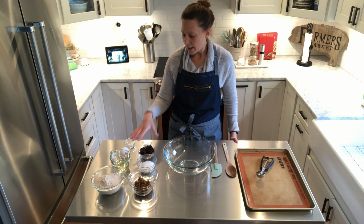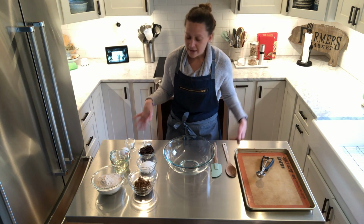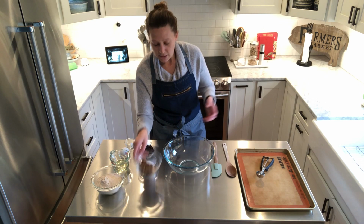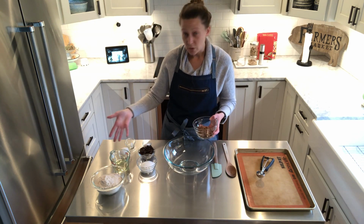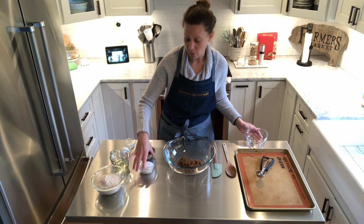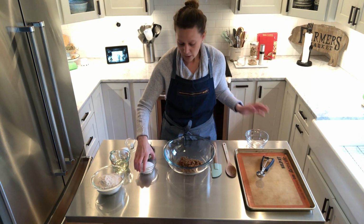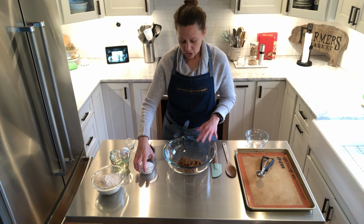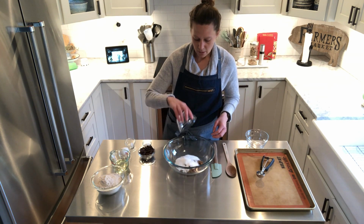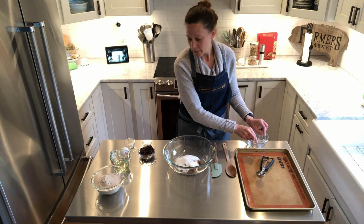So again, I use whatever I can find in my pantry these days, so feel free and play around and change it up. Typical mixing of all of your ingredients, so you don't have to cream butter in this, but we're going to combine our sugars with the oil as we typically do. So I have my brown sugar in here. It's just 3/4 of a cup of brown sugar, 3/4 of a cup of granulated sugar,